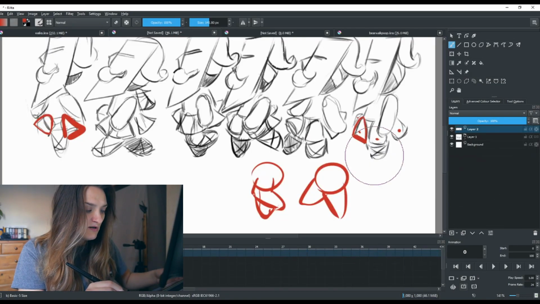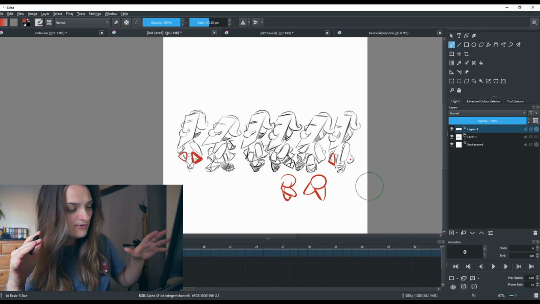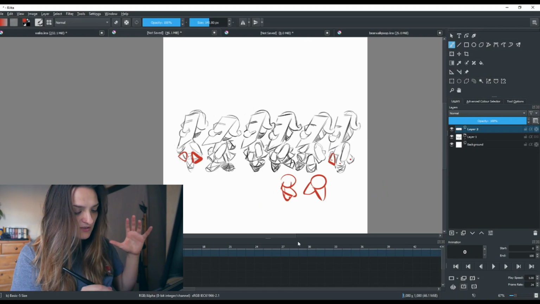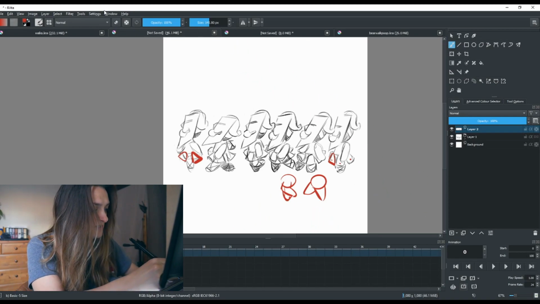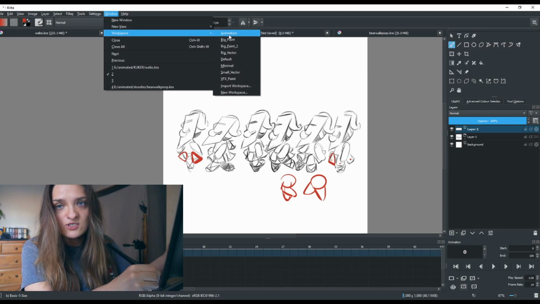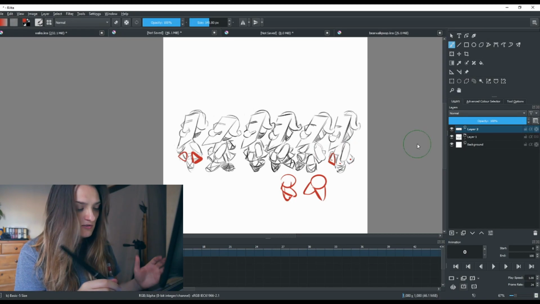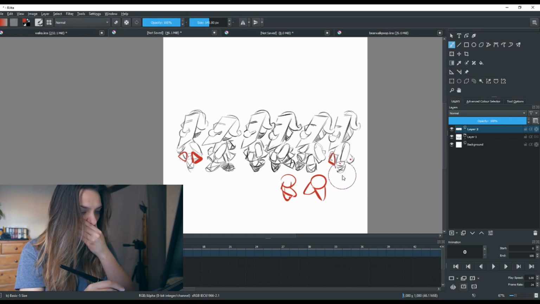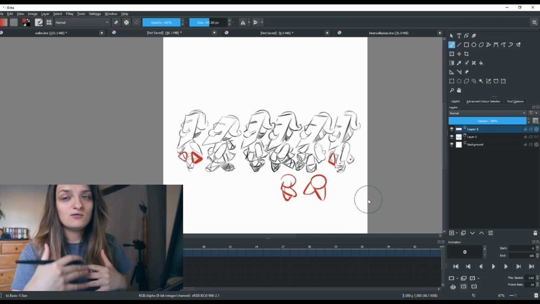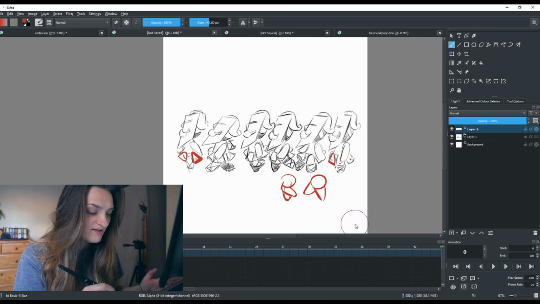So I open a new file. If this is Krita that we're using, by the way, and you don't have the timeline and the animation here, you just have to go to Window, Workspace, and then Animation. I have moved stuff away to have more space or to see things more easily. I don't know, this is how I work. You can move it, you can rearrange it. It's up to you. So on this one here, I decided to